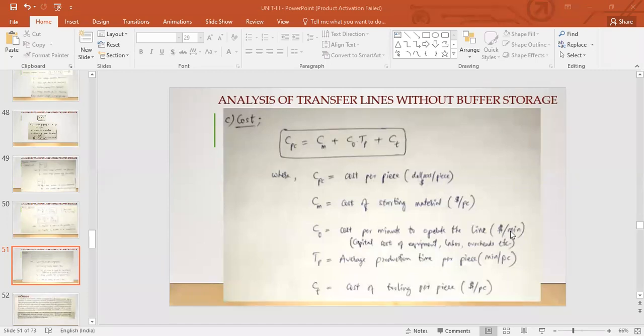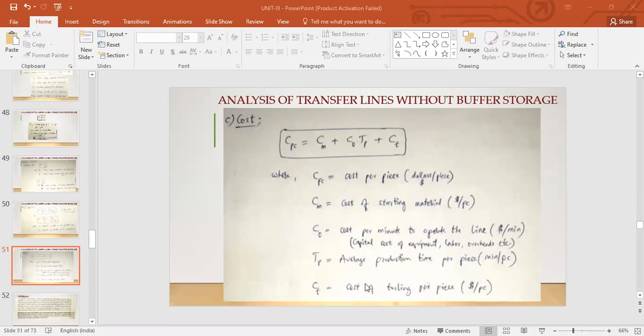Okay, this much in dollars is the cost incurred to us because of using all these services. This is multiplied by the average production time that the piece requires, whatever work piece we are taking. And the last is CT, the cost of tooling per piece. Tooling also is important, isn't it? These are the major factors that we are counting.